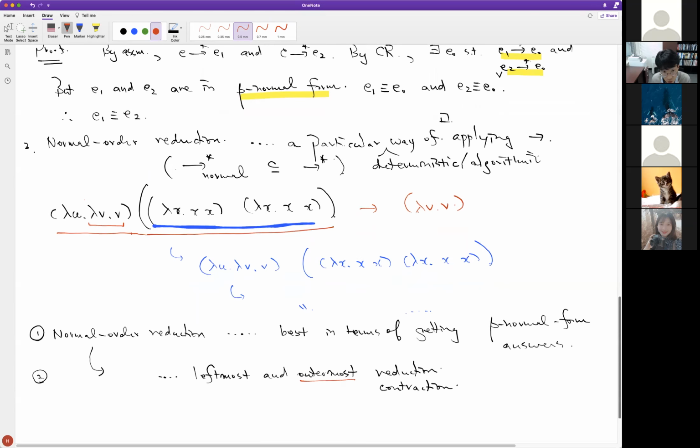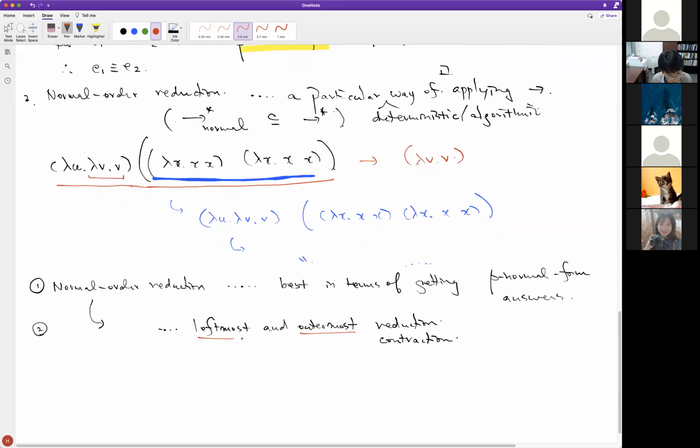And for leftmost, I think the best way is to look at an example. If you have multiple beta redexes, which are all outermost, evaluate the leftmost one first, okay? So for example, suppose you have a beta redex like this, it's a very silly one. I suppose you have a, this is a very silly expression, but